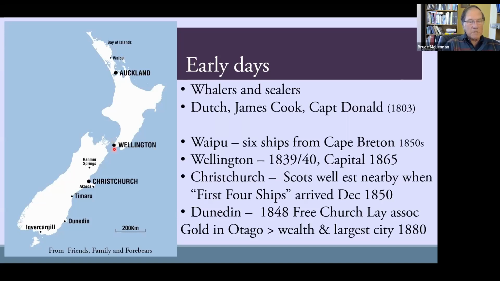Wellington settlement started in 1840, really. There was just a small survey boat and then a couple more boats came in 1840 to settle here in the Cook Straits, known as Windy Wellington to all of us today. And then Christchurch, they talk about the first 4 ships arriving in Christchurch in 1850, but in fact, Scots were well established in Christchurch long before that, in particular out here on the Banks Peninsula, but also just inland from Christchurch. And they gave the name Avon to the river, which is the name of a Scottish river, not the Shakespearean one,